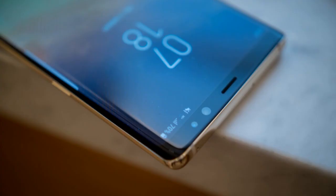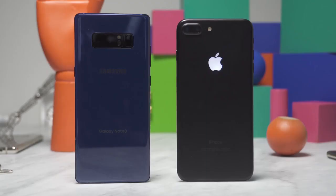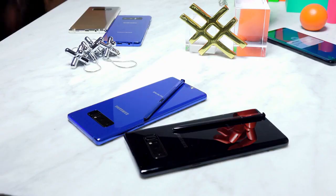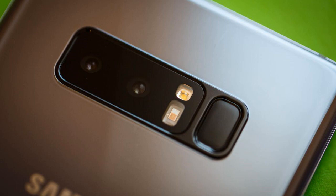Specs. There's 6GB of RAM in the Samsung Galaxy Note 8, along with either an octa-core Snapdragon 835 chipset if you live in the US, or an octa-core Exynos 8895 one elsewhere. The iPhone 7 Plus has no shortage of power either, with 3GB of RAM and a quad-core Apple A10 Fusion chipset. Camera and battery. The camera is perhaps the most upgraded component of the Samsung Galaxy Note 8,